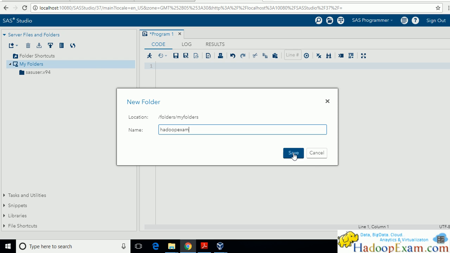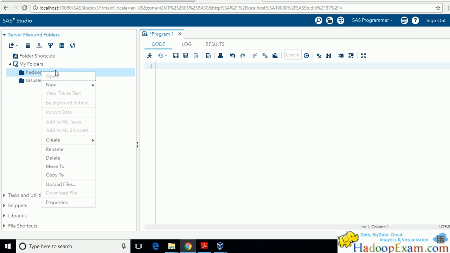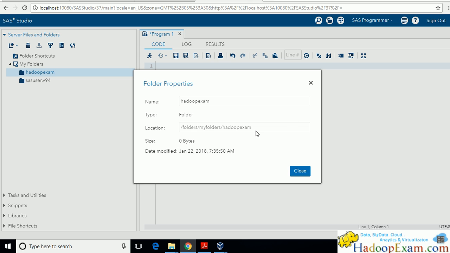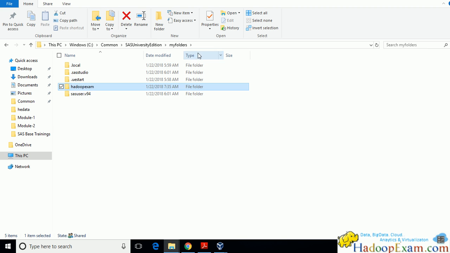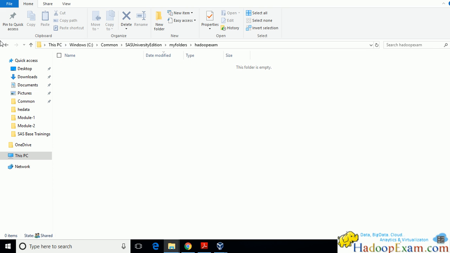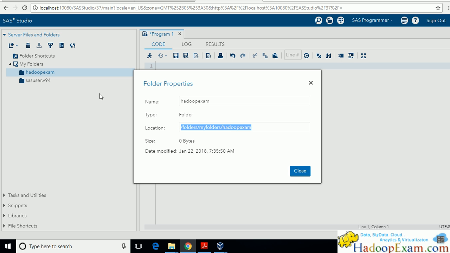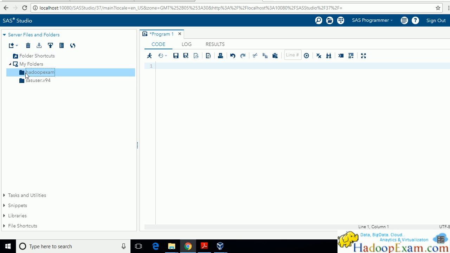Let's save it, and you can see the properties here, the properties of this folder. Let's go to the background where we have created My Folders. Here you can see that in My Folders we had never created Hadoop Exam, so it is now automatically created, an empty folder which we have just created.